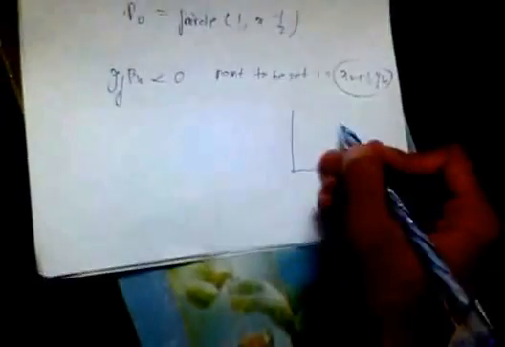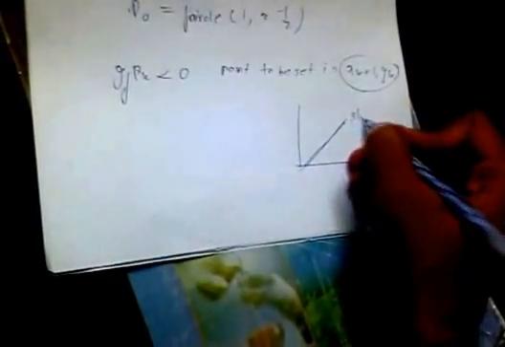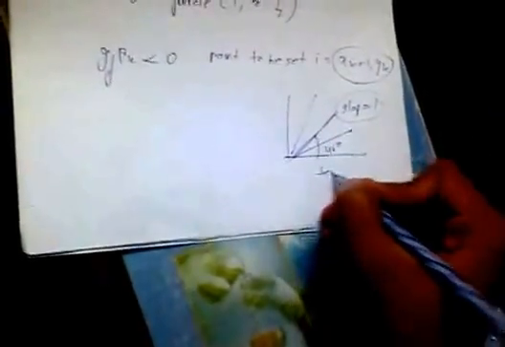If pk is less than 0, let us say we have a unit slope, that is slope is 1. Now if slope is less than 1, then it goes here, and if slope is greater than 1, then it goes here. In case slope is equal to 1, that is 45 degrees, then tan 45 is 1. Now if it is less, the point is lower, and if it is greater, then the point is above. But in case of a circle, we see that the alignment of points is not linear. Exactly.